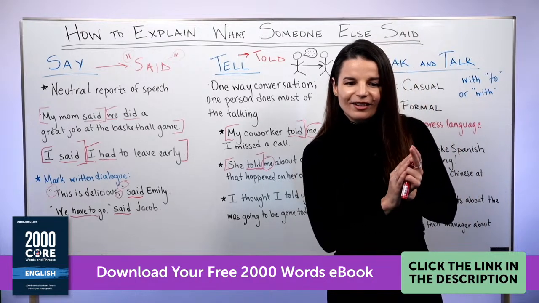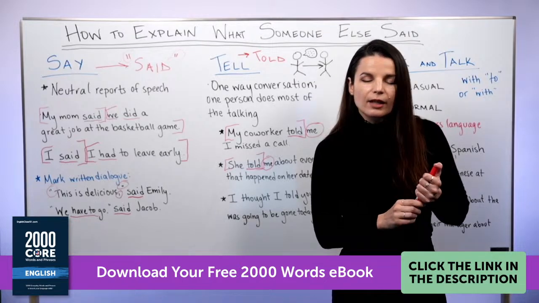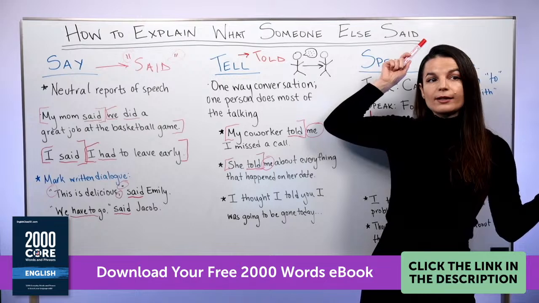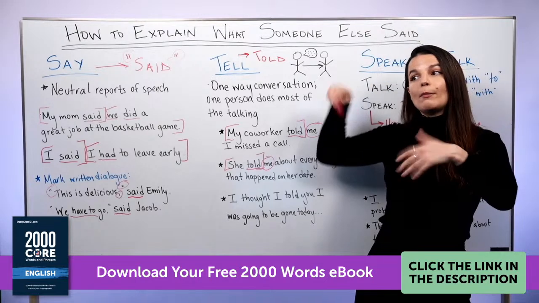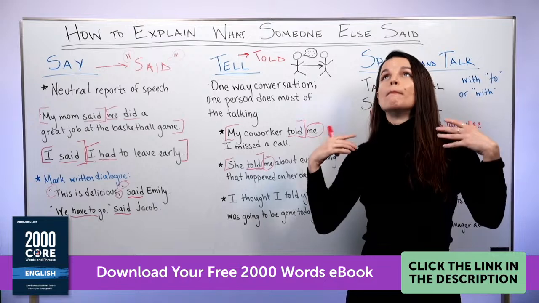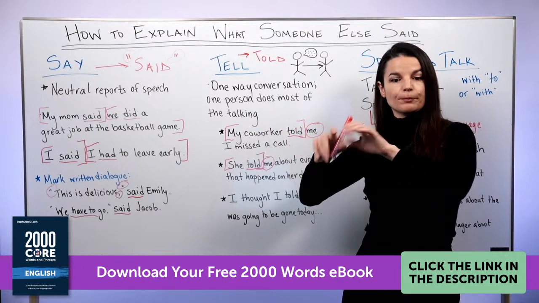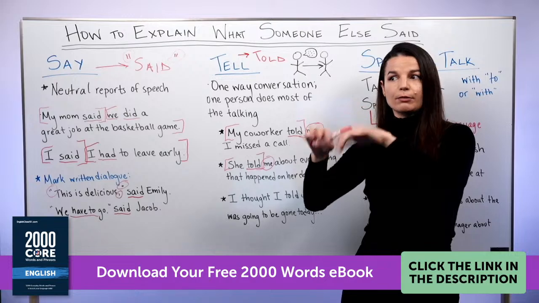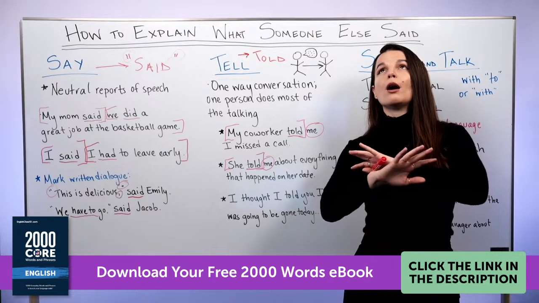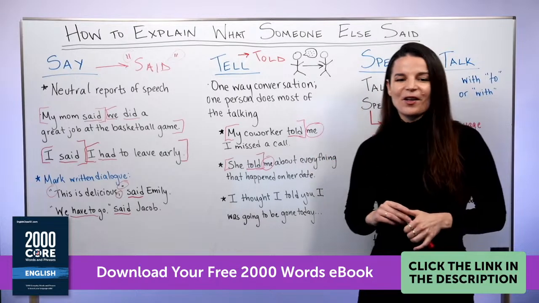Okay. Others, let's see. Mardosh wrote, when do you say and tell? Today we are covering past tense, yeah? How to explain what someone else said. But if you want to know about other tenses with these verbs, I have made many videos about these verbs. Do a quick search, if you're on YouTube, yeah? So just search say and tell on the English Class 101 YouTube channel. You will find a bunch of my videos about this. So today we are practicing past tense.